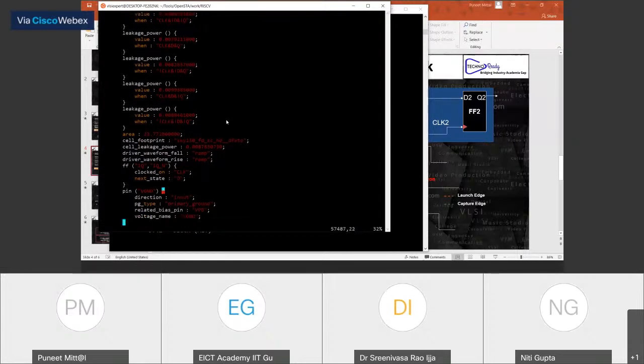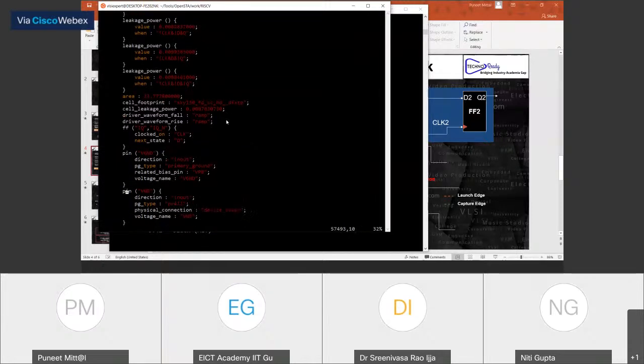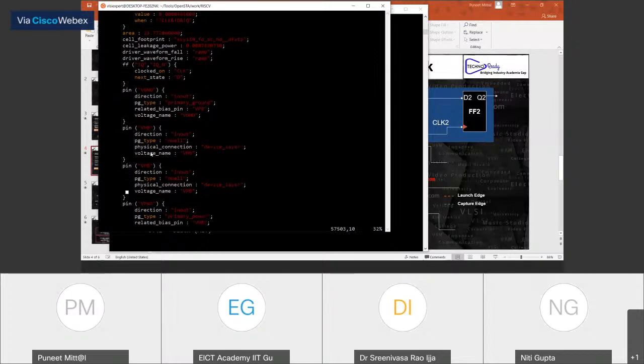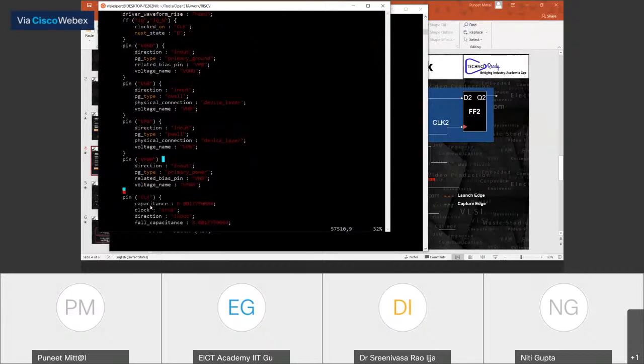Now these are the pins: VGND, then VNB and VPB. This is for the N bulk, and this is for the P bulk. If you remember, we discussed this on the very first day. Then this is VPWR, the power pin. Then another pin we have is the clock pin.